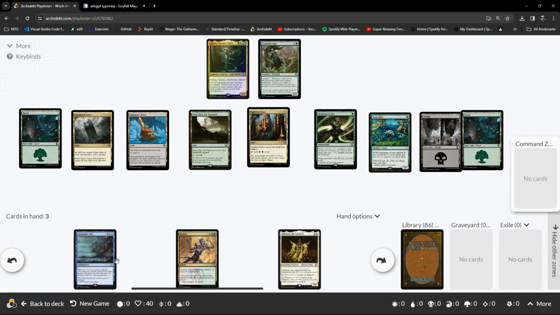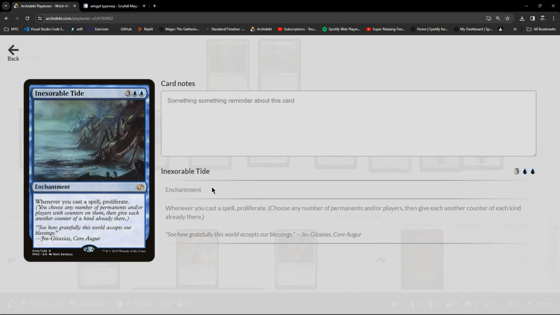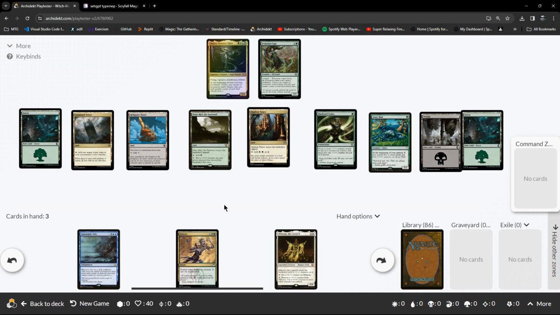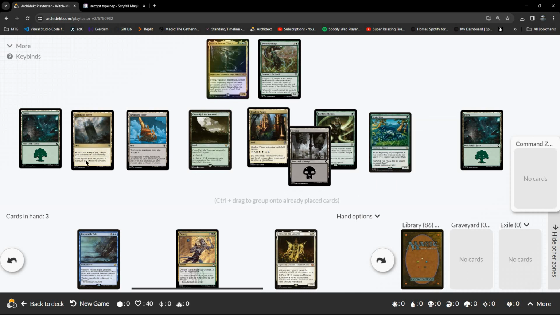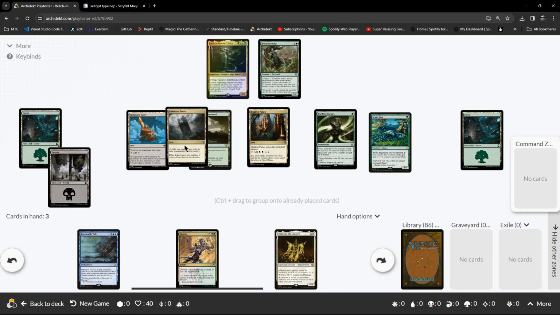Green. What's this? Have a quick look. Cast a spell, proliferate. Okay. 3 and 2 blue. Is that castable? So blue, blue. Yeah. Let's just...